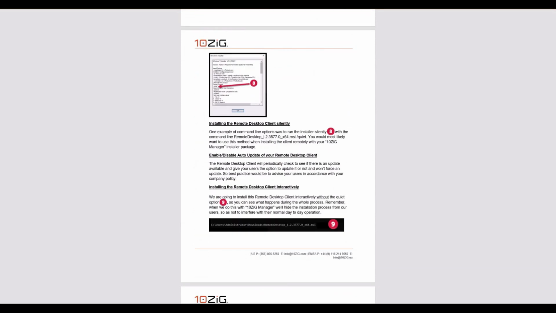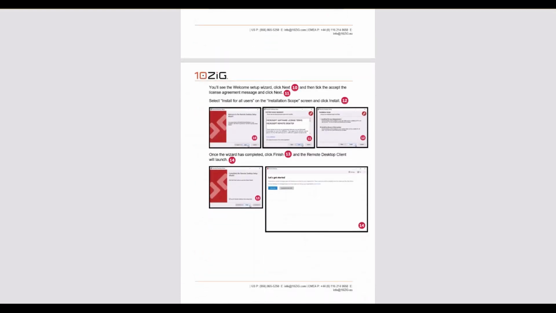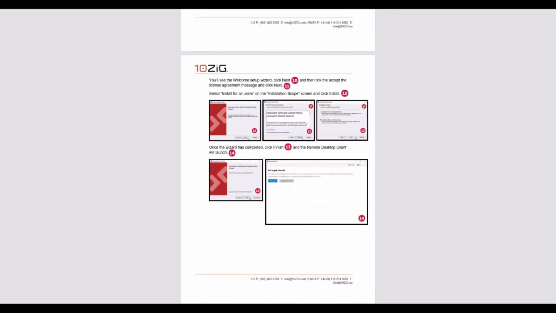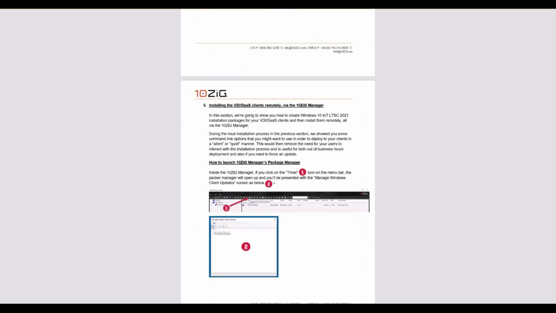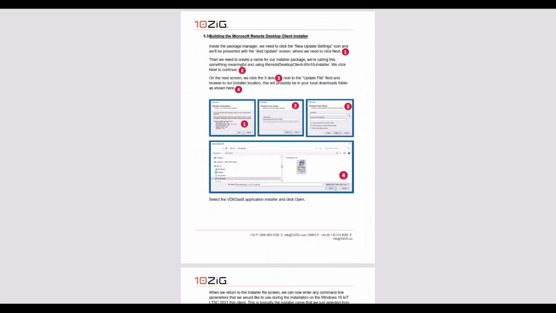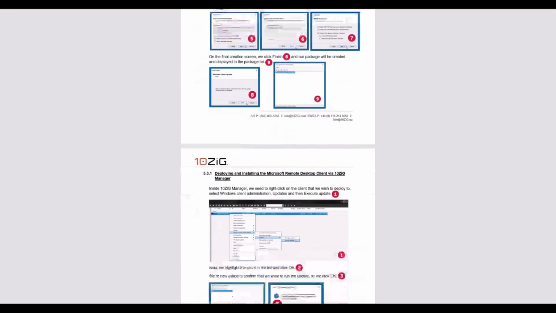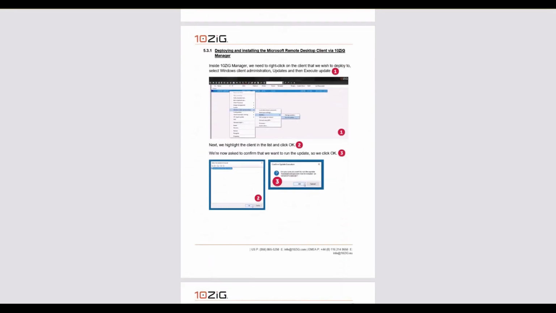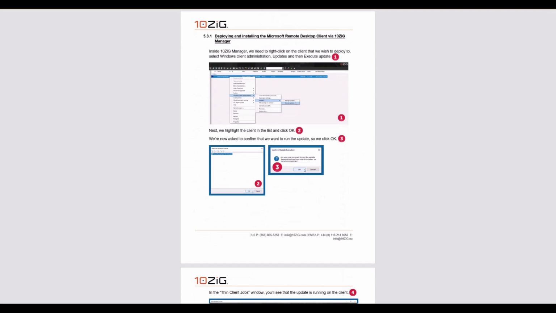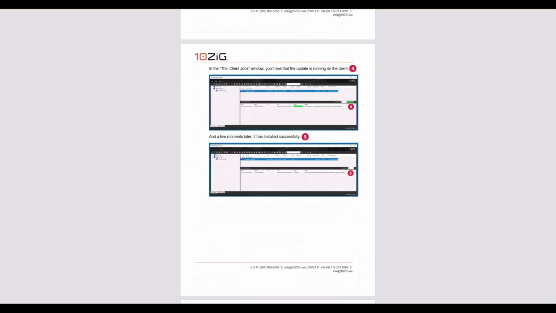To round off, the guide takes you on a tour of Tenzig Manager's built-in package manager and shows you how to custom build your favourite VDI DaaS clients into an installer package, ready for deployment to your Tenzig Windows 10 IoT LTSC 2021 devices. During the package creation and deployment section, we also give you examples of deployment options for each package and explain the use case for each option, so you have several methods at your disposal, especially if there's one that benefits